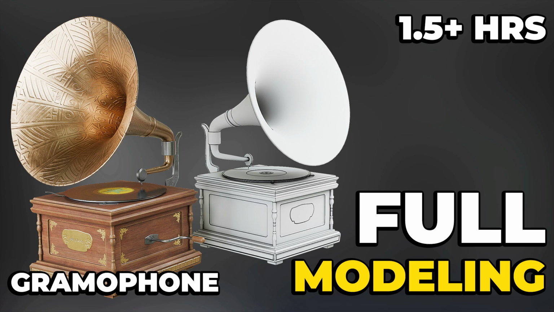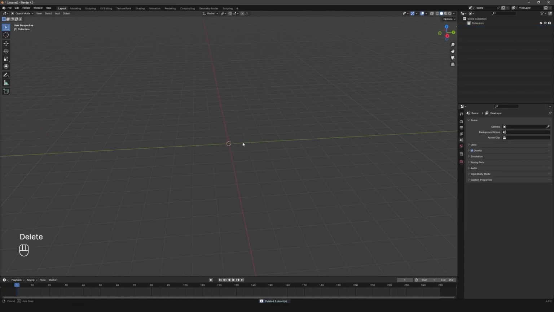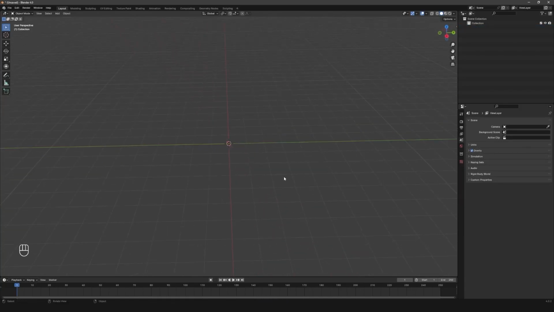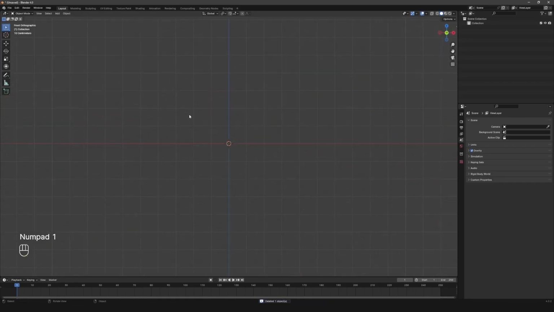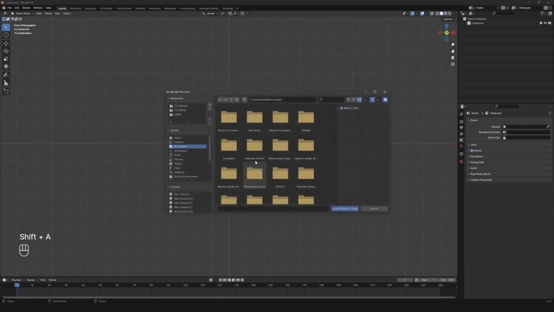Let's just start now. I will press A to select everything and then just press delete to delete all of these default objects, and we can just start by adding in our reference images that we will be using to create our asset. Just press 1 for the front side view so that now you are in the front side orthographic view. You need to press 1 on your number pad, then press Shift plus A, images, reference, and you